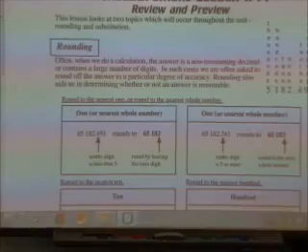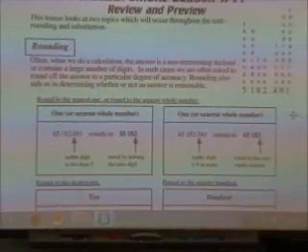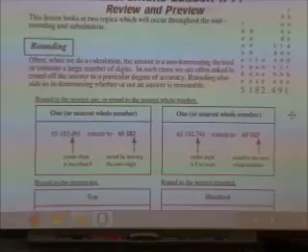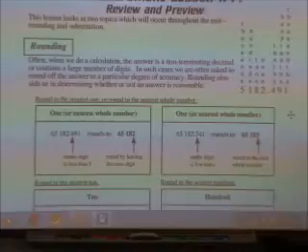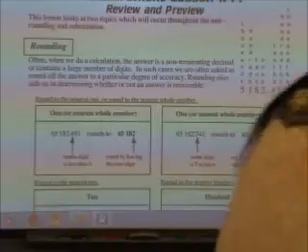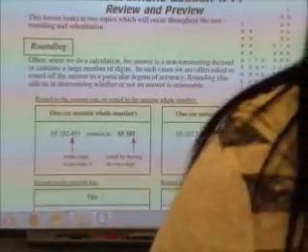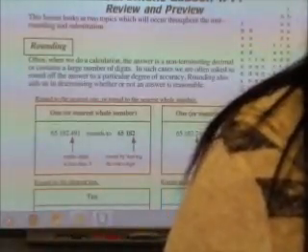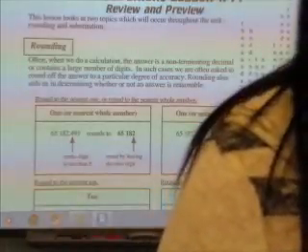Okay, so what we're going to look at today is the beginning of Chapter 3. The first lesson's called a review and a preview. So it's looking at some topics that we are going to be using a lot in this unit, namely rounding and substitution. Even though you've been rounding for several years now, there's still some confusion in how